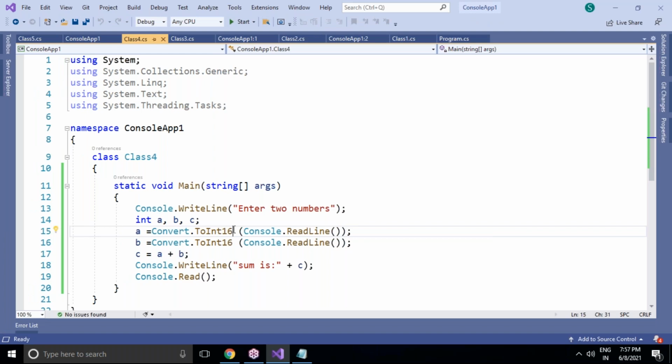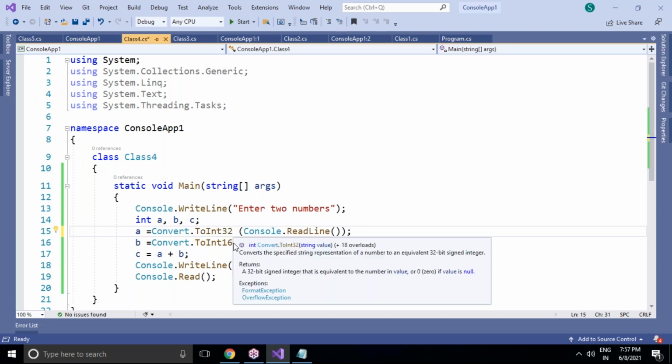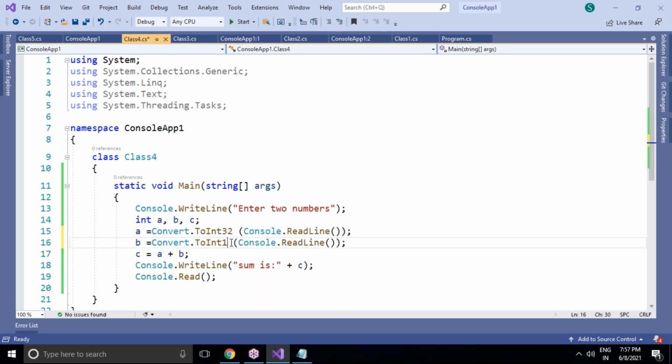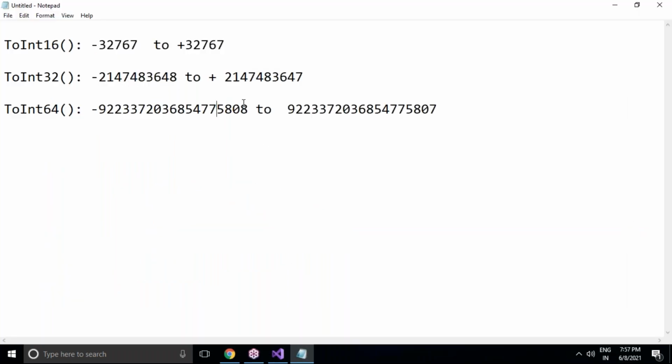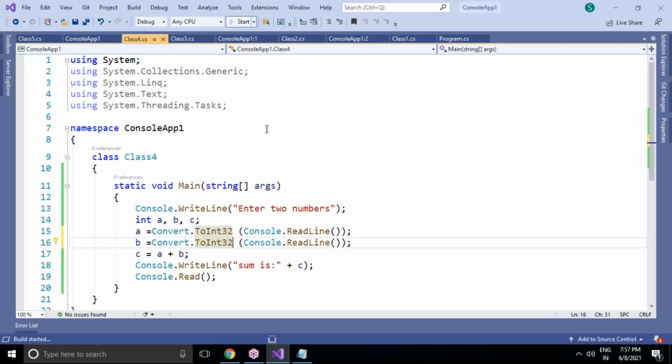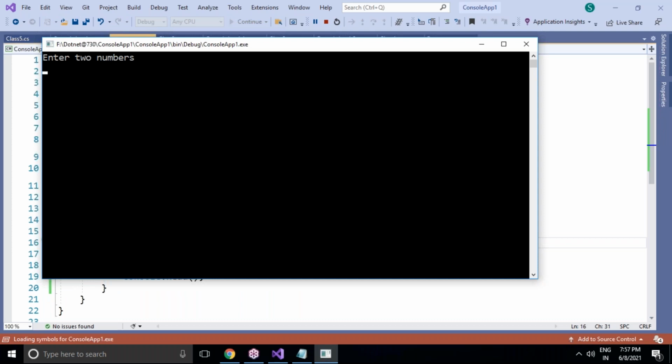Let's give a similar input, but my input should be more than that. If my input is more than that, then I also have to convert it. So I'm taking 32. 32 means what? This is the range, the maximum range is only this. So this many values we can give, no issues at all as your input. I'm giving this one and also this one. Will it work or not? Yes, it is coming clear. It's going to be minus and minus.